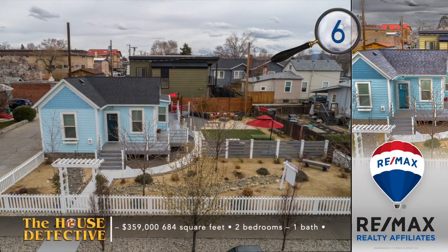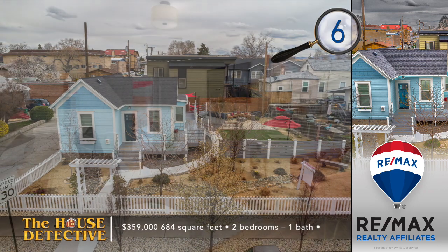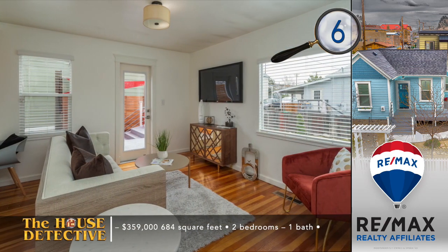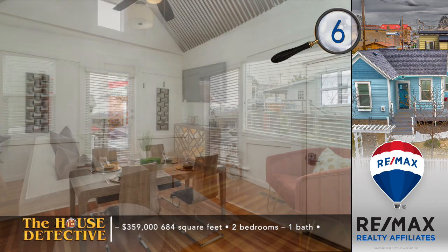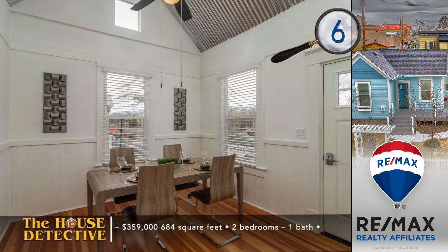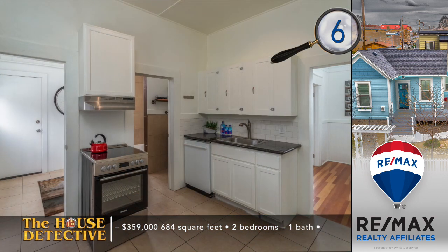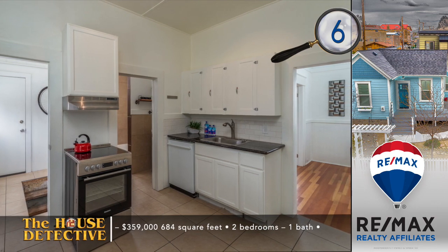Now we're going to show you a home that may be the best example of adaptive living found in Midtown. Home number 6 is a little blue house that has been fully updated, all while keeping its original charm. Set in the heart of Midtown, this home was originally built in 1914 with historic ties to the V&T. Inside you will find classic hardwood floors carefully restored. The kitchen has been fully upgraded with high-end